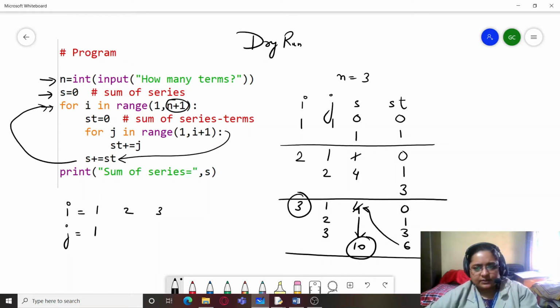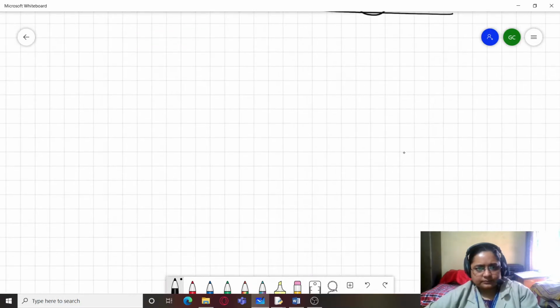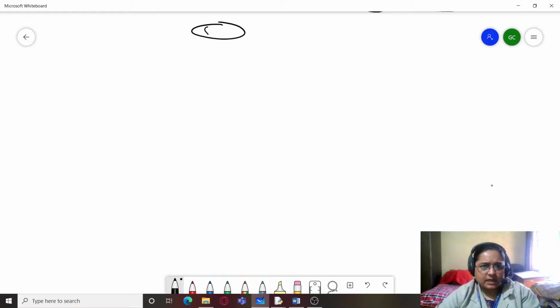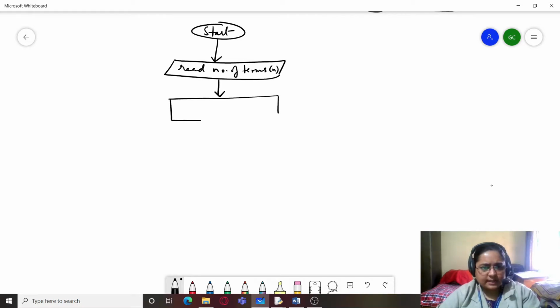And let's see its flowchart also. So firstly we have start, then it is reading n terms, then after reading n terms we have to first assign a few things, that is s equals 0 and I equals 1, and within this we will again have a loop where I is less than equal to n. If this condition is true,